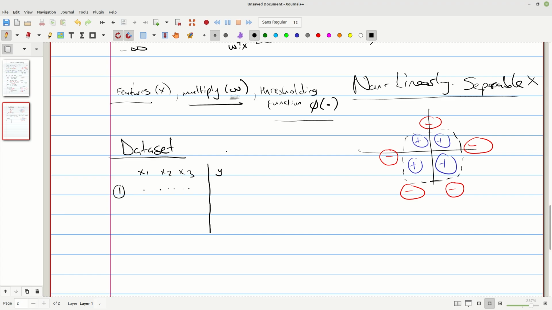We call this y the target variable, right? The target variable is what we want to predict, right? Okay, this is our y. And then we call this y bar. This we call our prediction.